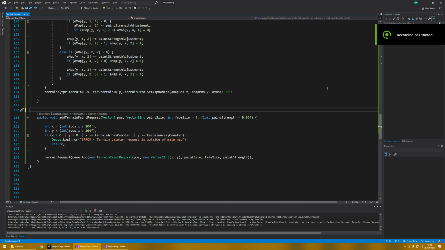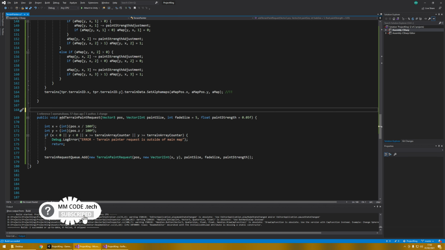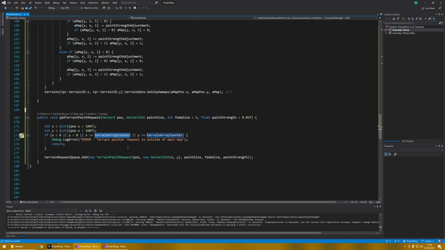So after some investigation, I found some issues which we need to address to sort out all the errors we currently have on the map. First of all, we should not check the new terrain request against the terrain ID, and the reason is that terrain ID is an int. As mentioned before, if the terrain position where our character stands is 0.5, then 0.5 divided by 100 and cast into an integer will become 0, even though it could be 0 minus 0.5, which means we are in a negative square. This approach was working perfectly as long as we always go to the positive side,